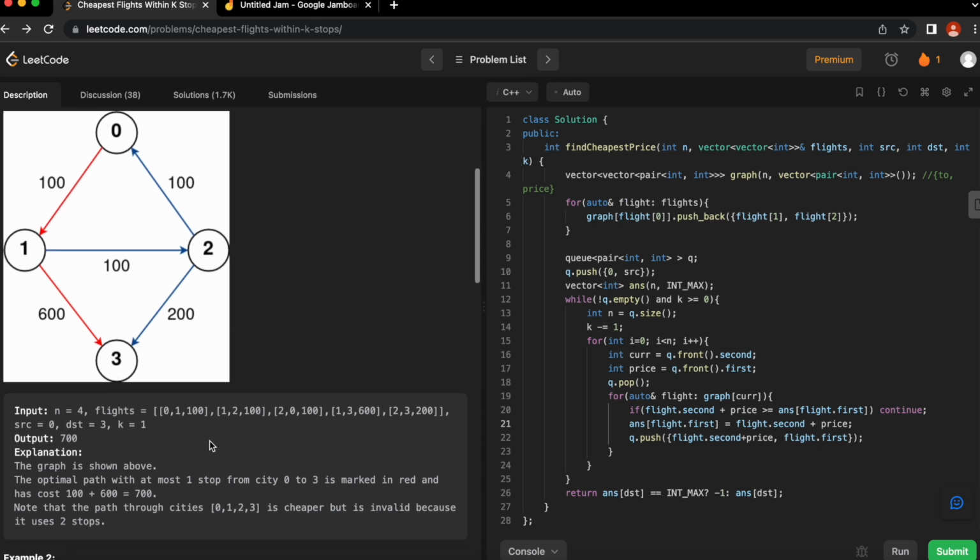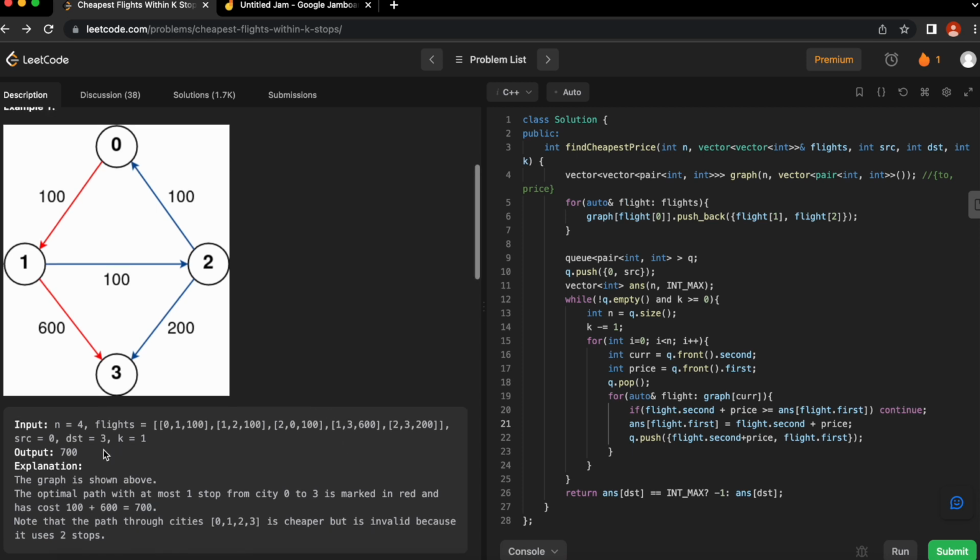So let's walk through this example. In this example, we are starting from the 0th city, and we need to reach the third city, that is this one. In this 0th city, we only have one option, that is this flight. We can take this flight and reach the first city. We will have to pay 100 units. After that, when we reach this city, we have two options now. We can either go to our destination, that is the third city, or we can take this flight, which will take us to the